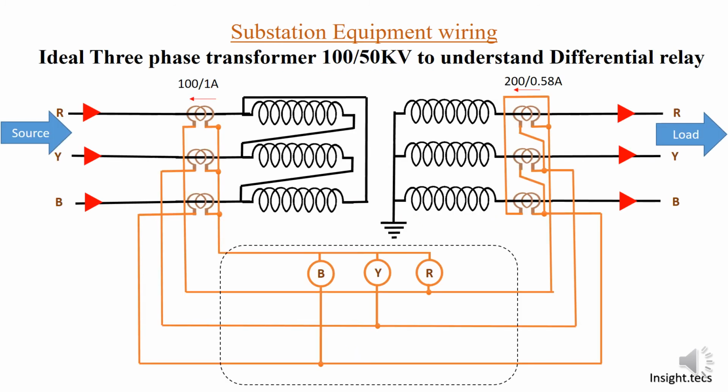In the case of an actual transformer, what we do is we provide bias. What we understand by bias is some amount of current that is equal to the current that is flowing due to the step changes in the transformer. So that amount of current is already flowing, and this bias will nullify that amount of current, so the differential relay will have zero magnitude current flowing through it. So that is the concept of bias.